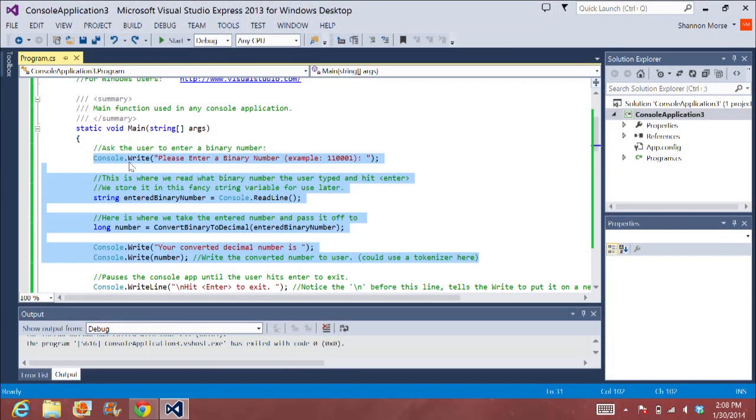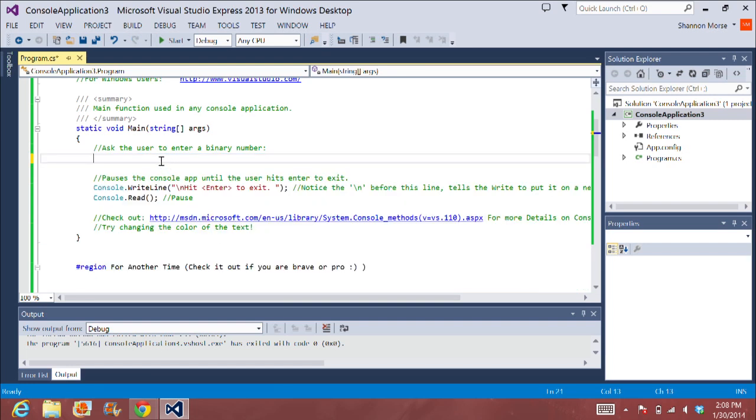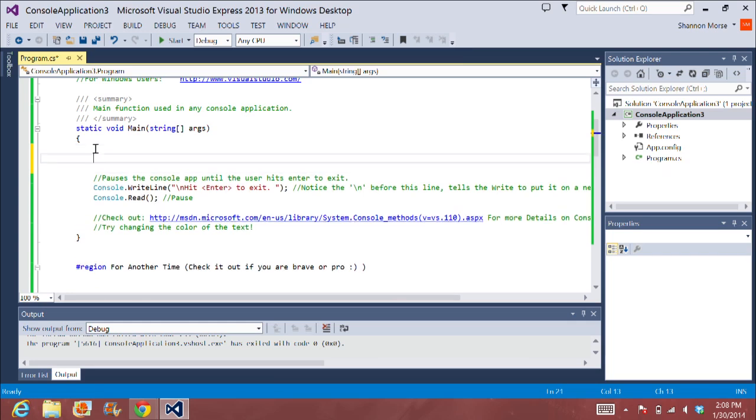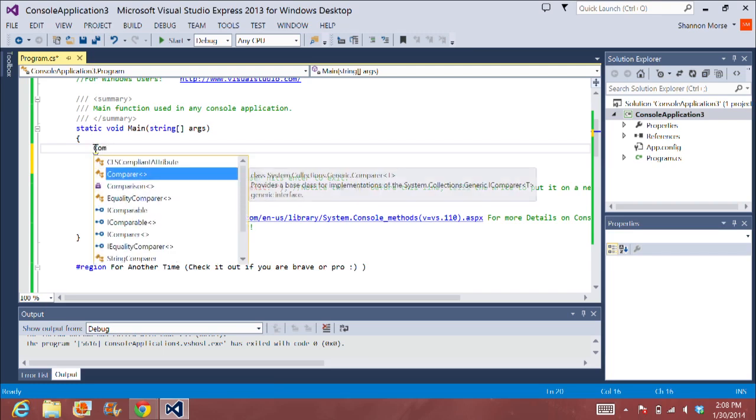If we go back to my computer, I have highlighted all the code that has to do with writing input and then reading output. So I just erased all that, and then I'm going to put in my own thing. I'm going to delete that comment too, because nobody needs that comment there. Okay, so the first line that I'm going to write is console.